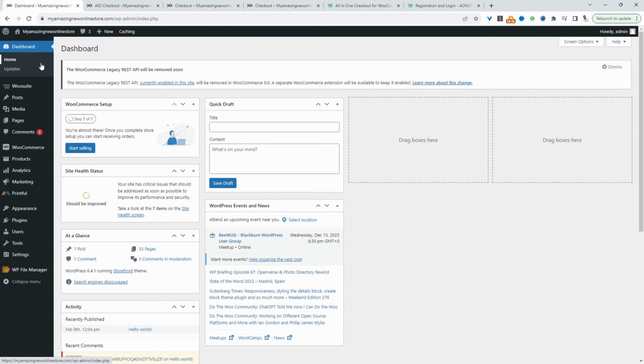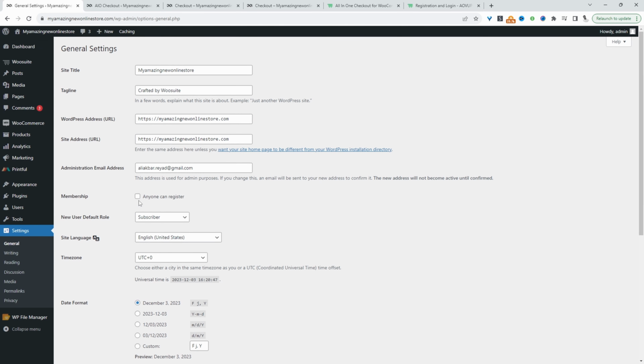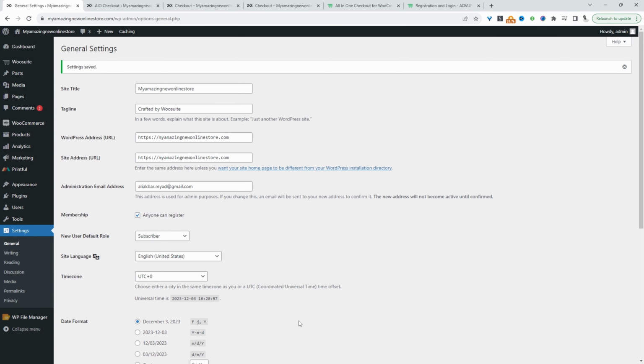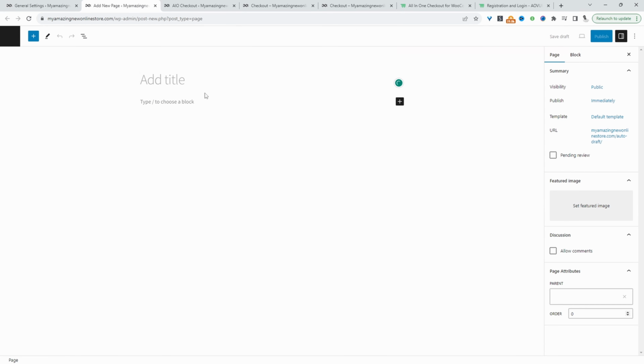Assuming you've downloaded and installed the AovUp user registration plugin, the next step is to enable registration on your WordPress website. So we'll go to settings and then general settings, and then we just need to enable this option where it says anyone can register. So let's hit save changes, and first we'll create our login page, and then we'll sort out our registration page. So let's go ahead and click add new page, and then we can just say login,